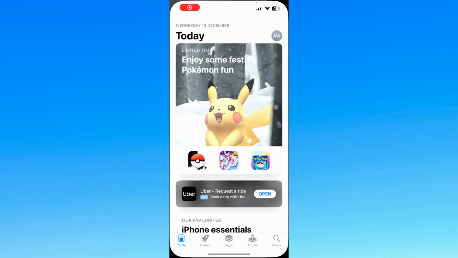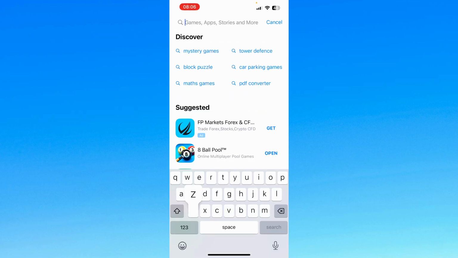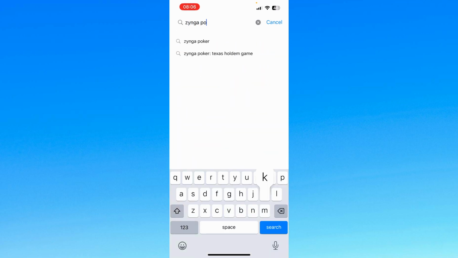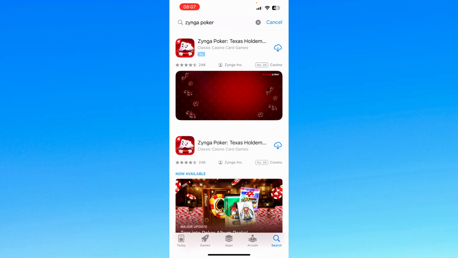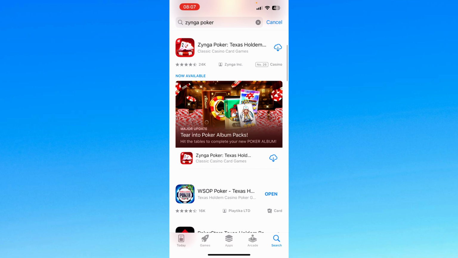screen. And then from there, go down to the bottom right, the search page. And at the top, start typing in Zynga Poker. Press search, and then that will show you an advertisement at the top. I will skip past the first advertisement and go to the first organic link right here, and it will be